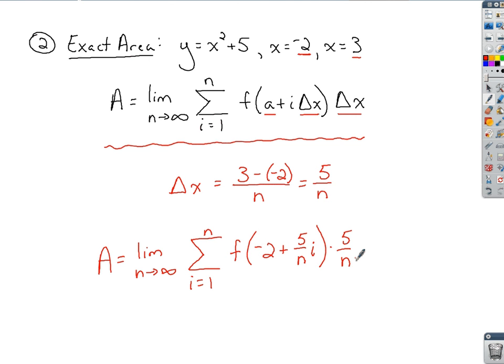Now, as we go through and attempt to evaluate this piece by piece, you want to start by plugging into your function this expression of -2 plus 5 over n i. So we go back to our function, we replace our x's, in this case just the one that is being squared, with the -2 plus 5 over n i. If we write that out,